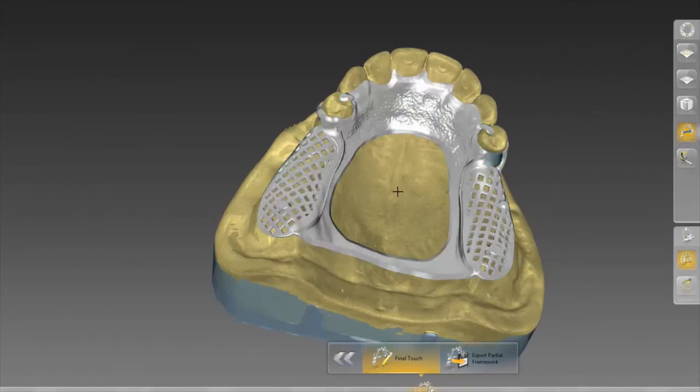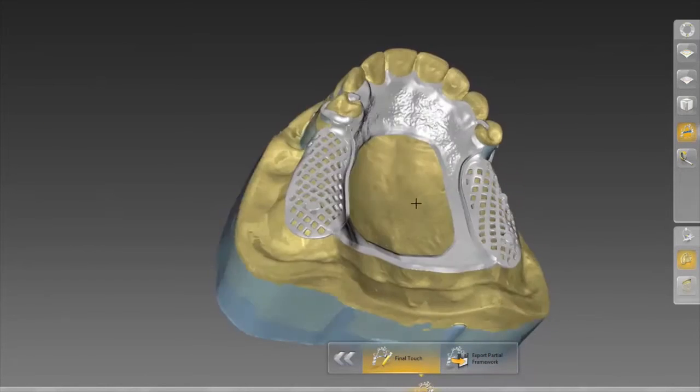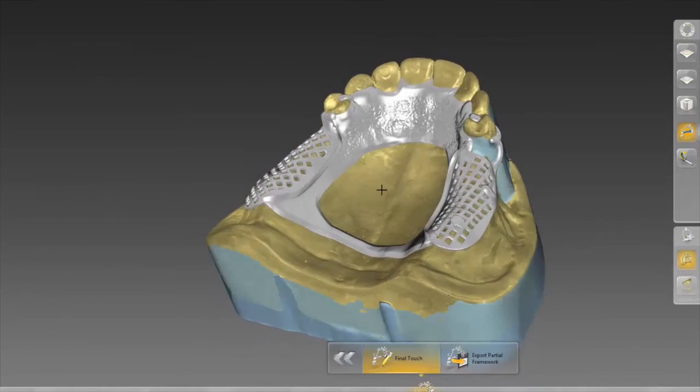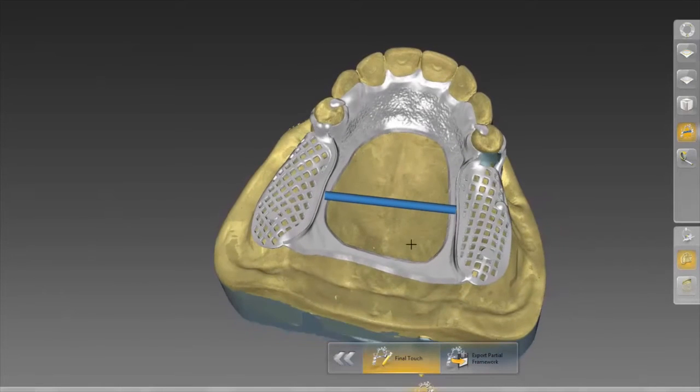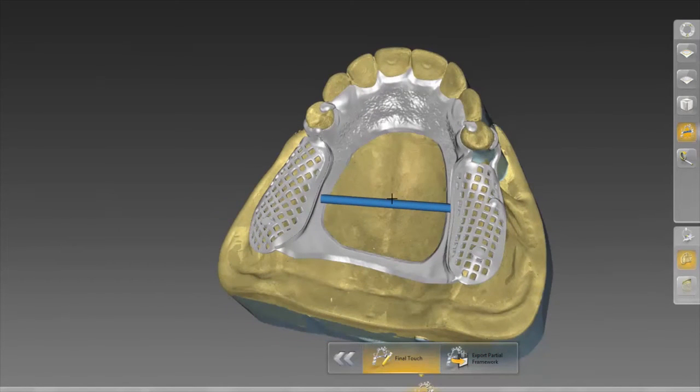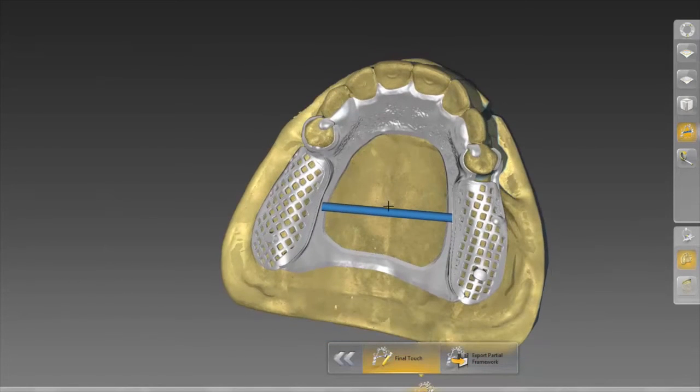Last tool we have, if I'm going to have this printed in wax, I have to worry about it flexing or warping because it's not sitting on a refractory model. So I'm going to add a support tube here, from here to here. So when it prints up in plastic or wax, it gives it a little bit of rigidity. I can also go from this tube here